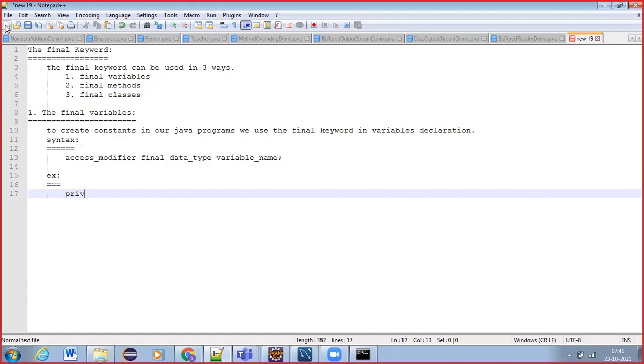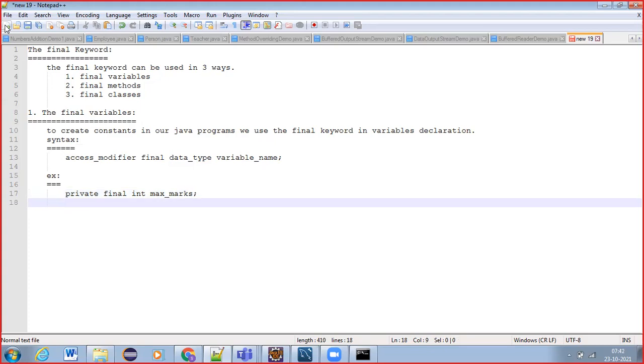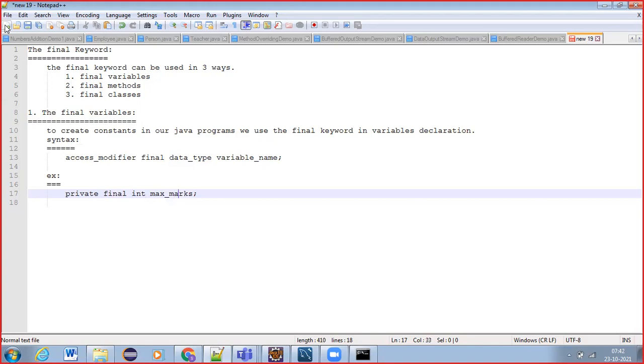Generally for variables, how should we give the access modifier? Private final int, variable name like max marks. How many marks can there be at max? Can we have 1000 marks in a subject? Yeah, guys. What would it be? 100. So we need to give max marks equals 100. Like this we need to give.